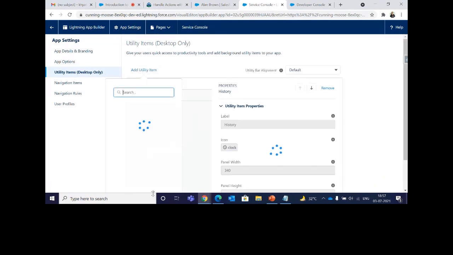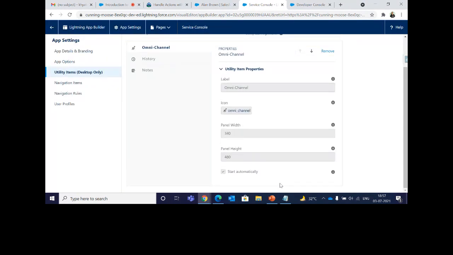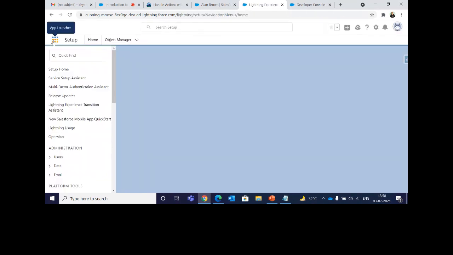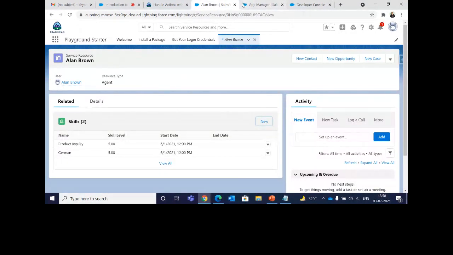Click on Add Utility, add omni-channel, and click on Save. Okay, we are done with our steps for skill-based routing using Apex. Let's check whether it works or not.